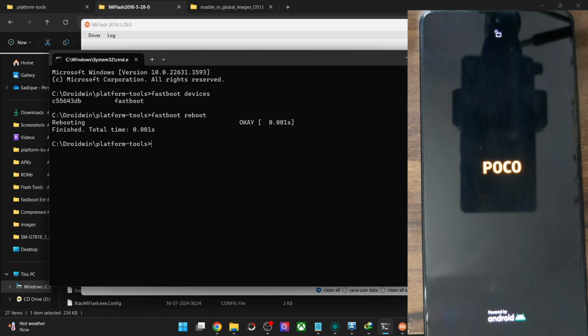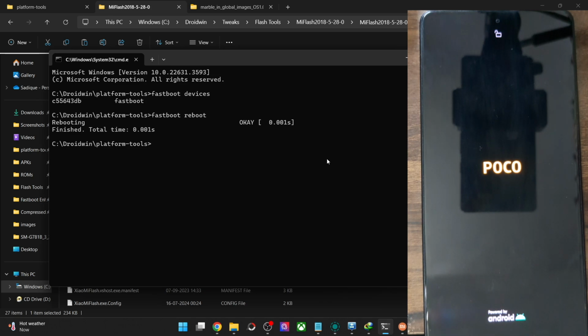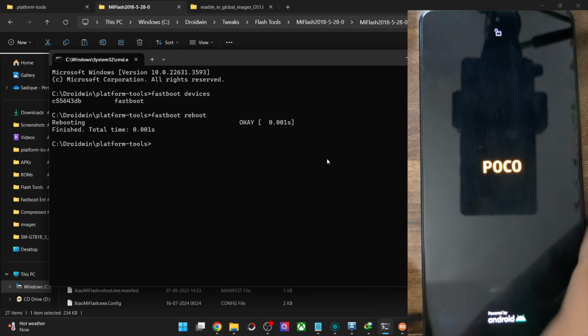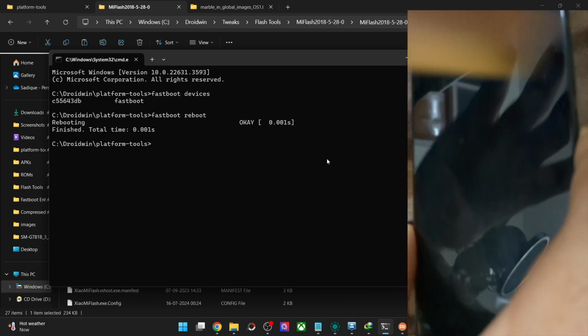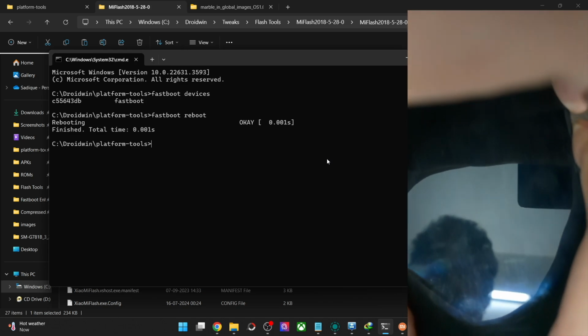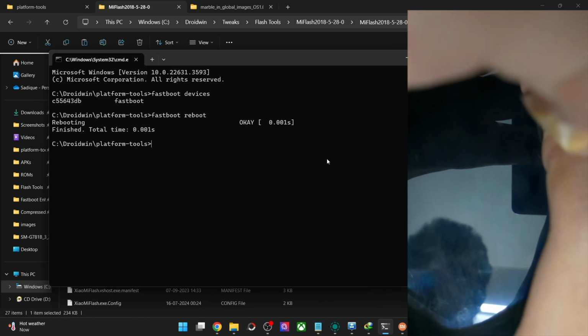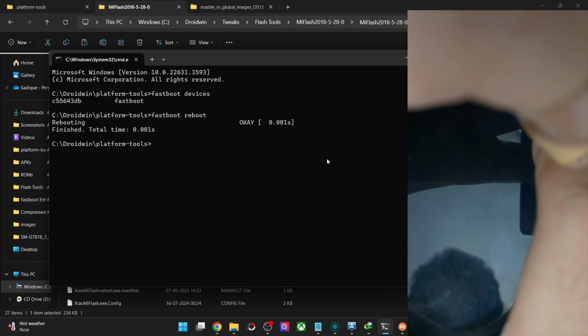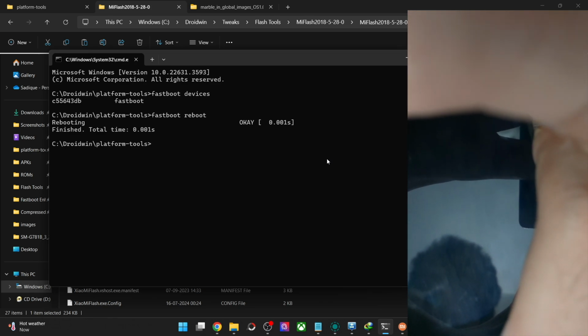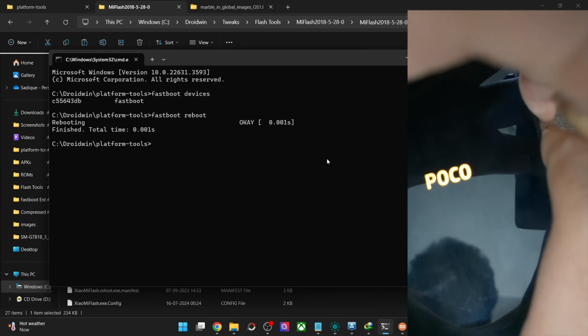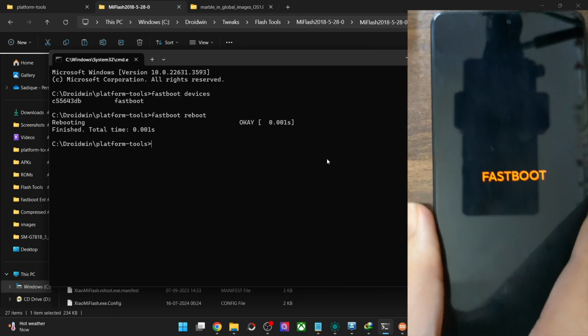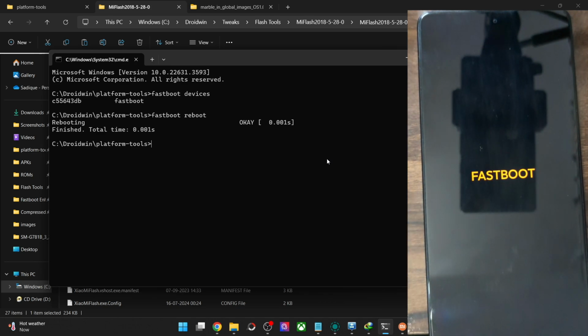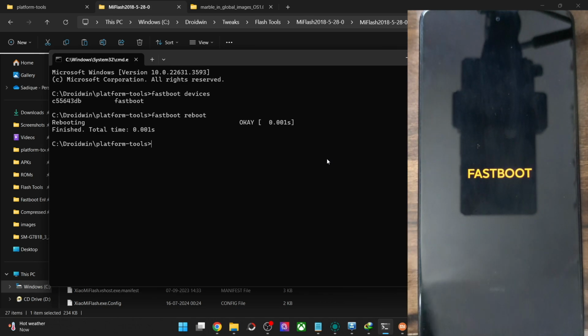So if you want to take the help of the recovery mode, then for that you will once again have to boot your phone to the fastboot mode. That involves the same process of using the power and the volume down keys. Hold both the keys for around 7 to 8 seconds and your phone will then boot to the fastboot mode. Keep on holding both the keys and let go only when your phone boots to the fastboot mode. In some cases it might take a little bit longer, and we are now in the fastboot mode. So now you will have to flash the recovery to get the job done.